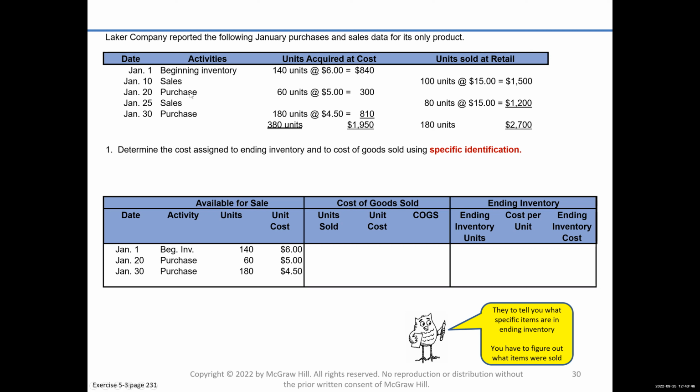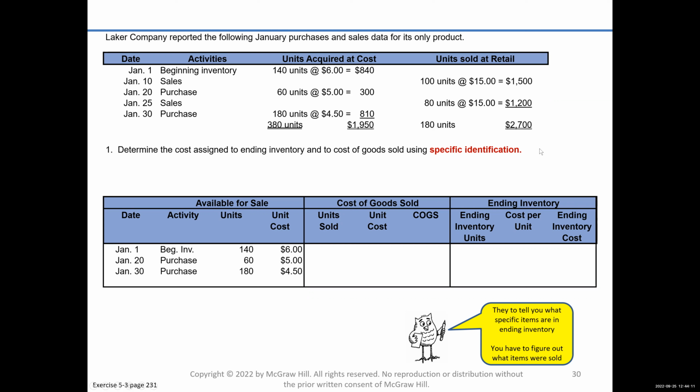Then you purchased 60 more on January 20th. Then on January 25th, you sold another 80. And then on January 30th, you purchased another 180. Now, we want to determine the cost assigned to ending inventory and to the cost of goods sold using specific